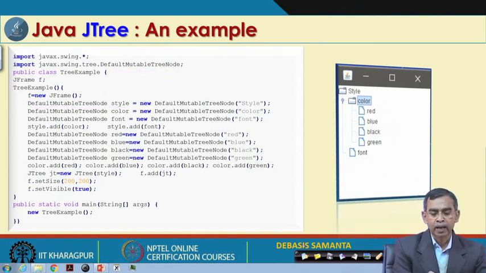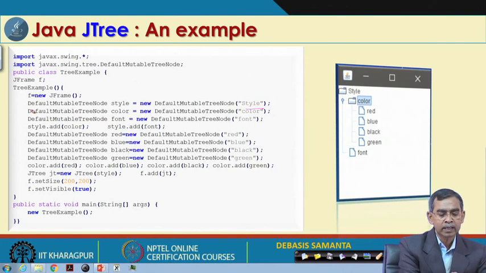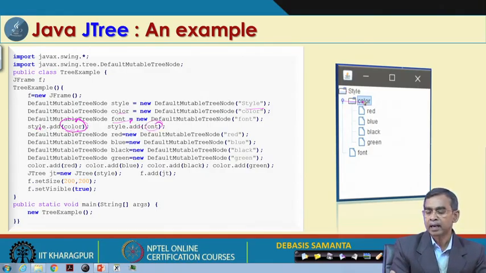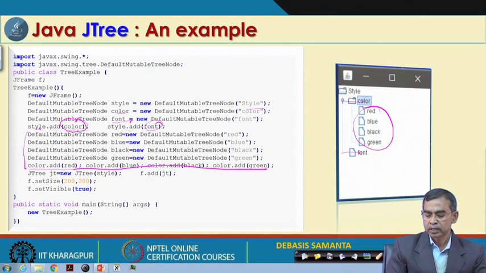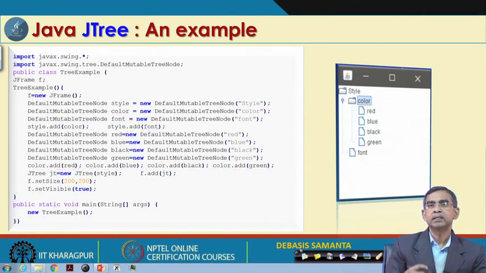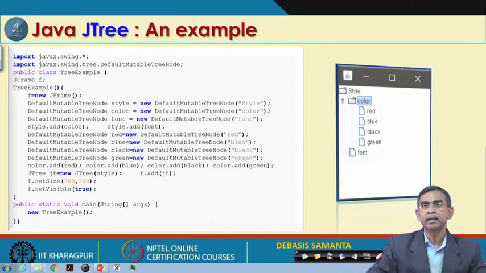We have to use it, and then we can create style, and then we can create other menu nodes, like color and font. Here you see style.add(color), which means we add color as a part of the style, then add font as a part of the style, so under style there is color and under style there is font. Then we can add other nodes under color. Under color, color.add(red) means we go into the color red. This way a tree with any number of branches after other branches can be created. This simple example tells you how a JTree can be created whenever it is required in your program.